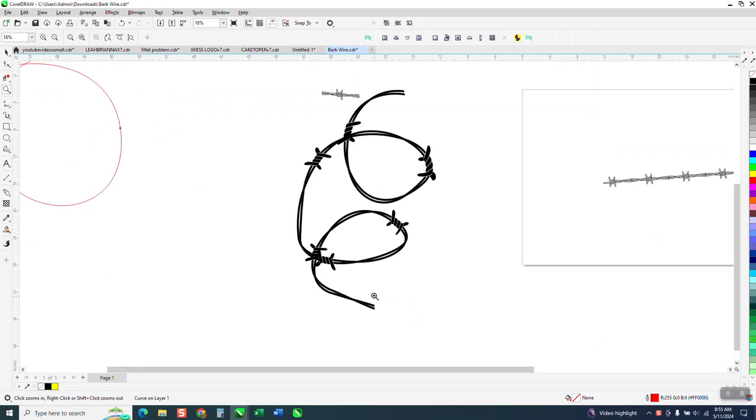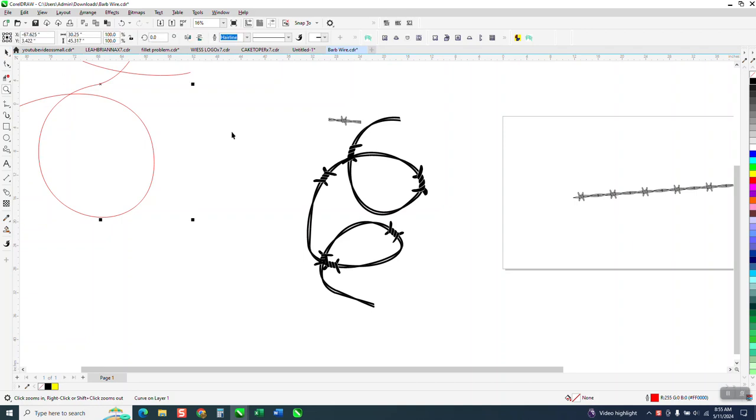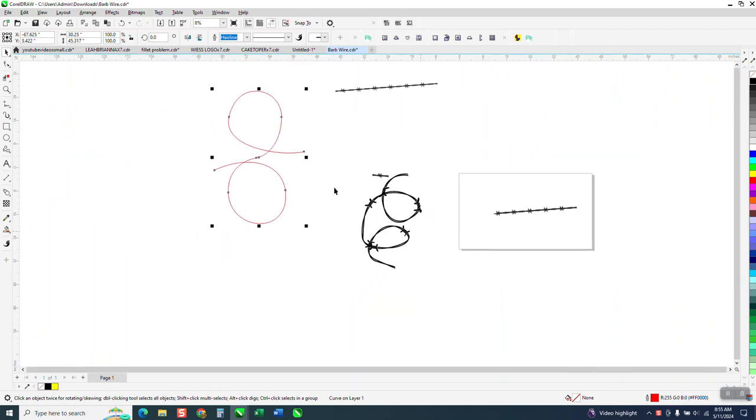This is part 2. I was a little confused. The person wanted a spiral. I thought they wanted a rounded bottle, and they just want a spiral. I'm thinking like this. So I've drawn a line that's a pretty cool spiral, I think, and I'm going to take this barbwire that he drew, and I'm actually going to make